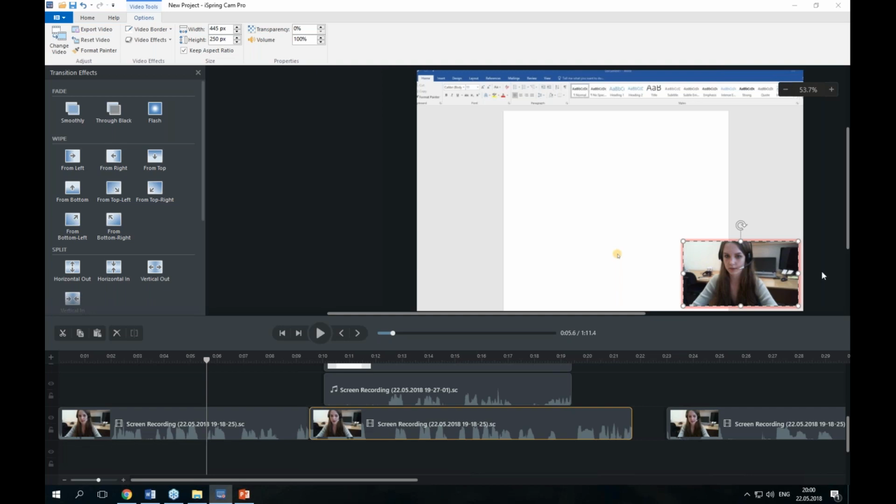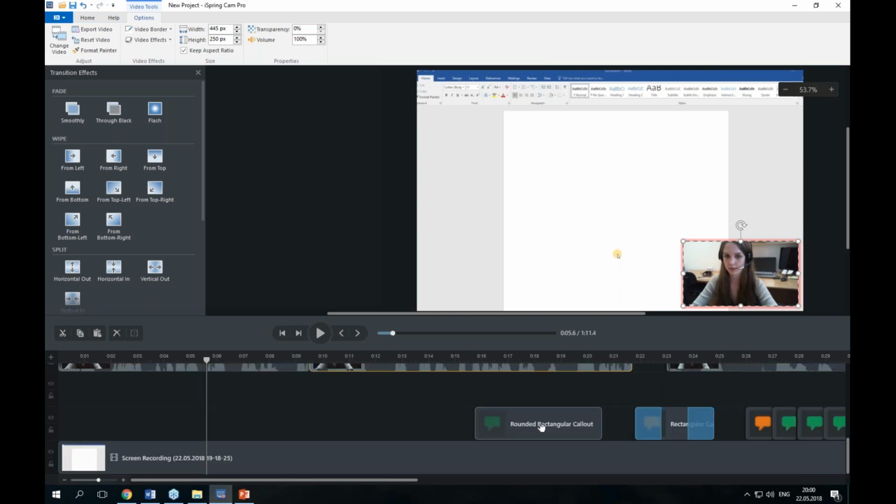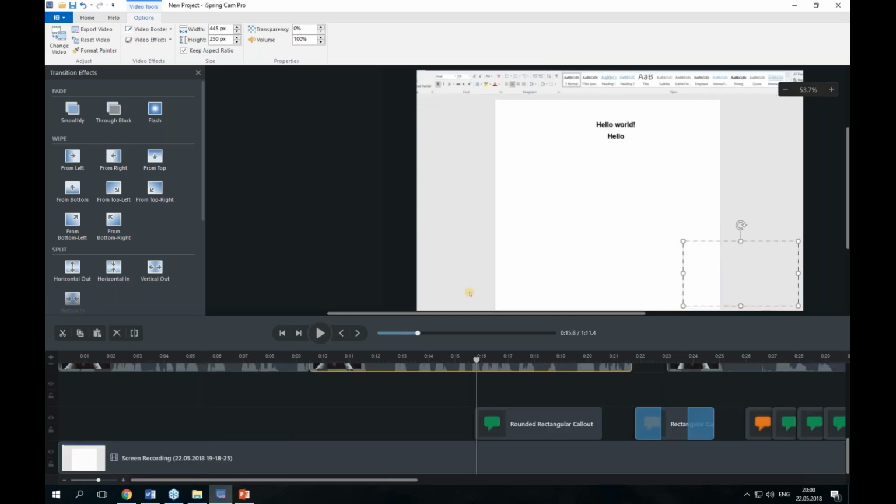You can also do almost captions in iSpring Cam Pro, as you can see, these annotations. However, they're not the same thing as captions. You can do this, for example, using PowerPoint, maybe using shape or SmartArt objects. You can use annotations in iSpring Cam Pro, but in the final